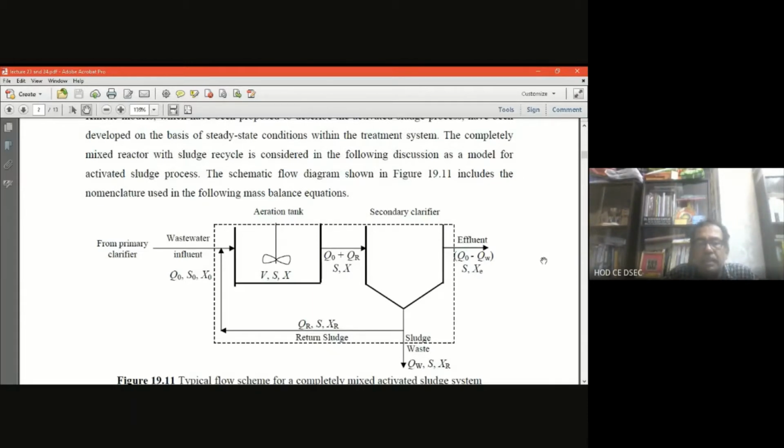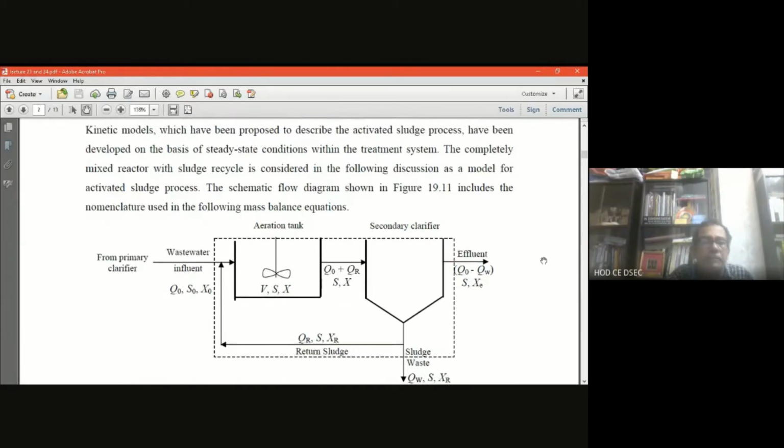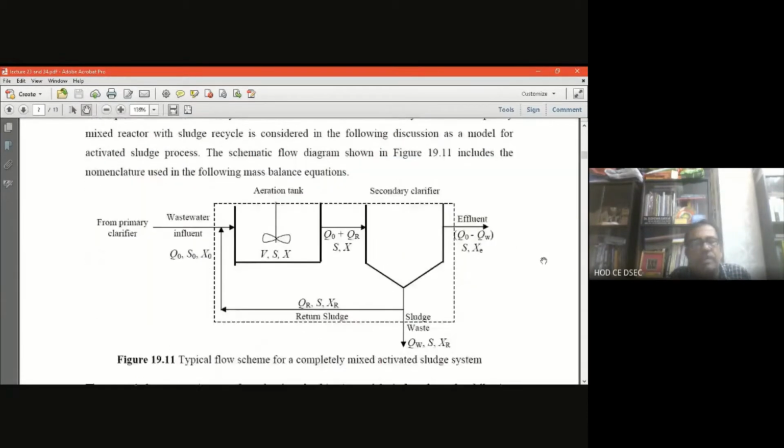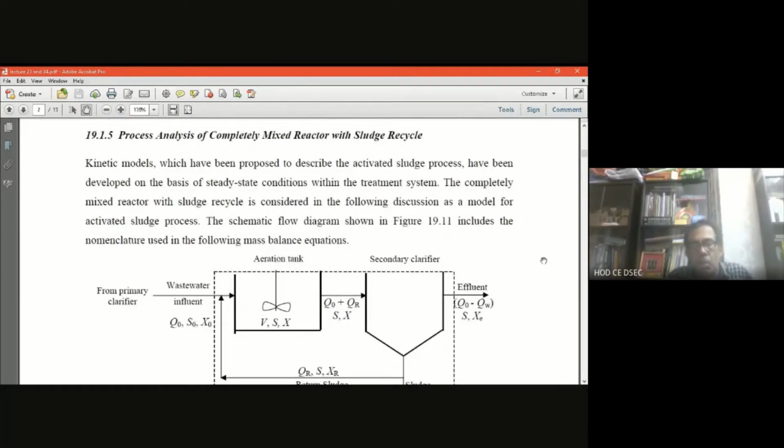So this portion, the return sludge portion, which is shown as the dotted rectangle, is the integrated system of the aeration tank along with the secondary clarifier. This whole system is a biological treatment secondary process, because the secondary clarifier is part and parcel of the aeration tank in the activated sludge process, which allows the biomass to settle, and the clear effluent comes from the secondary treatment. So the basic mass balance concept I am giving you from this schematic diagram. I will go into more and more detail for development of the kinetic equations.